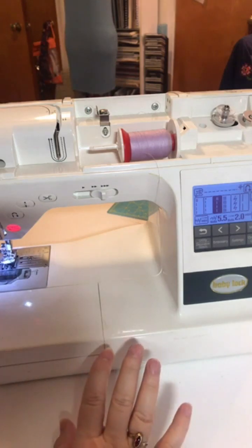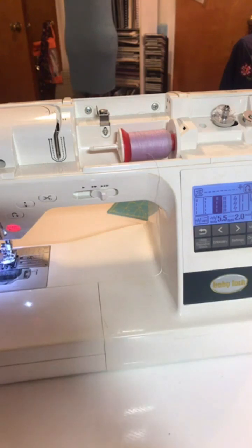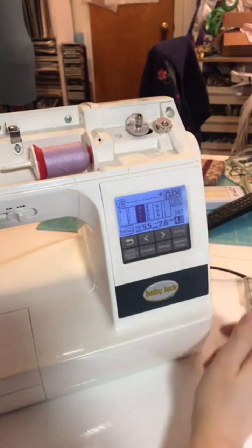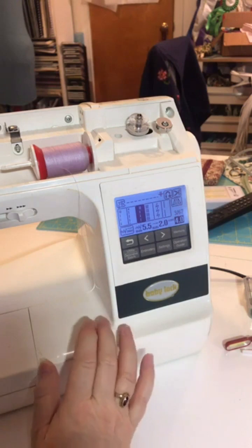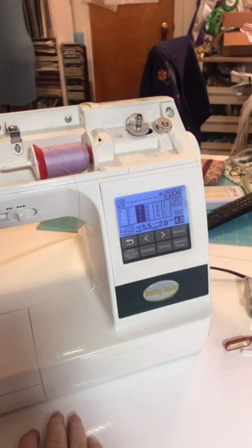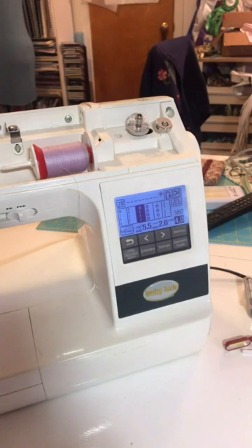So, let's see. When you are plugging in your machine, you want to make sure that you plug the cord, this black thing, into the machine first, then plug it into the wall. Why? Because there are little tiny microchips. There's microcircuitry in here. Some of them, like my Destiny, are virtually a computer. So you want to make sure that you use a surge protector with it. That will help protect your machine from any power surges,